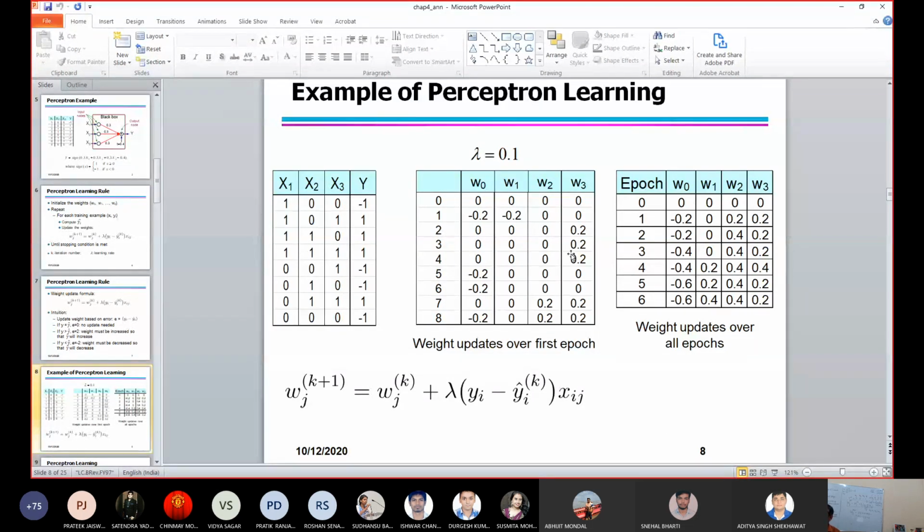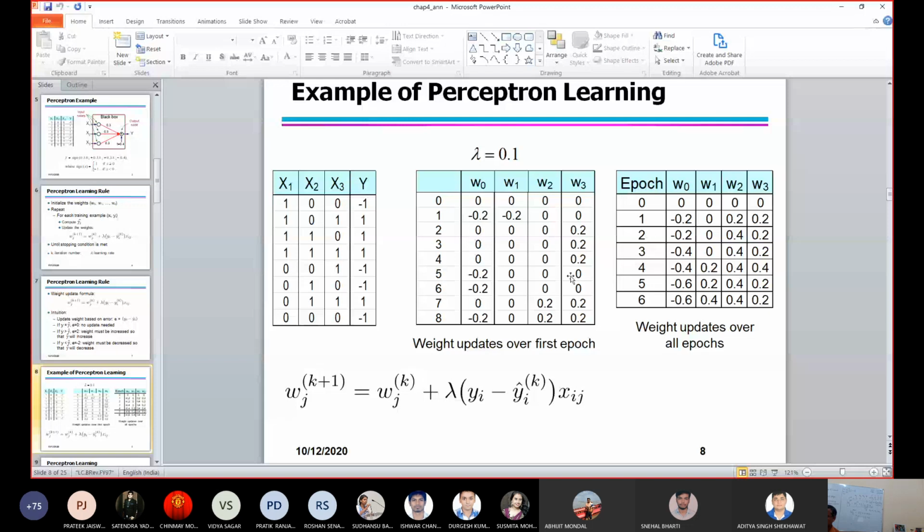Now, what you can see here is the first iteration, and going through the whole training sample one time is called an epoch, the first epoch. After the end of the first epoch, you got the values minus 0.2, 0.2, 0.2. So that will be the last value, and you put this value here.